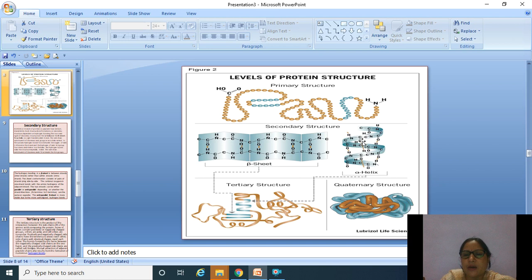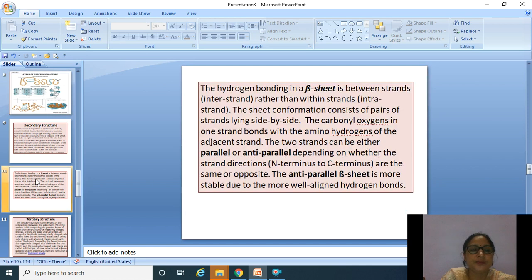So the carbonyl oxygen of the first amino acid and the hydrogen of the NH attached to the nitrogen of the fourth, the next amino acid. This bond is formed between amino acids 1 and 5, and as a result of this hydrogen bonding, the alpha helical or coiled form is formed. The next is